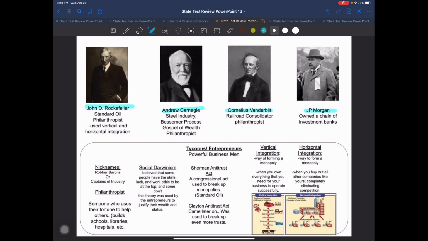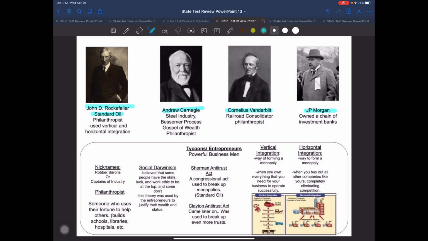And the first one I want to go back to is Rockefeller. The name of his company is going to be Standard Oil. He is going to have almost a whole monopoly over oil in the United States of America. If you look up the percentages online, they kind of vary, but it's pretty much safe to say at the peak of his company, he controlled around 96, 98, somewhere around there, percent of oil produced in the United States of America. This man had an ungodly amount of money.